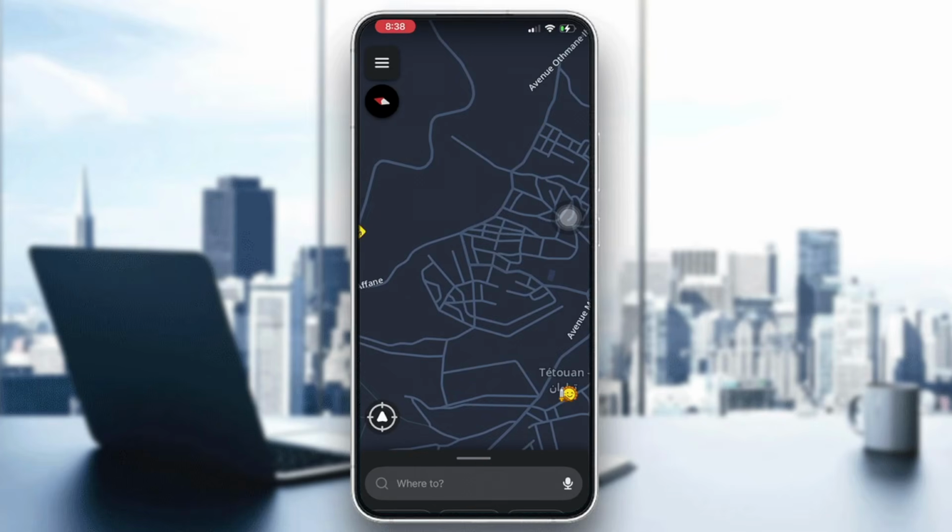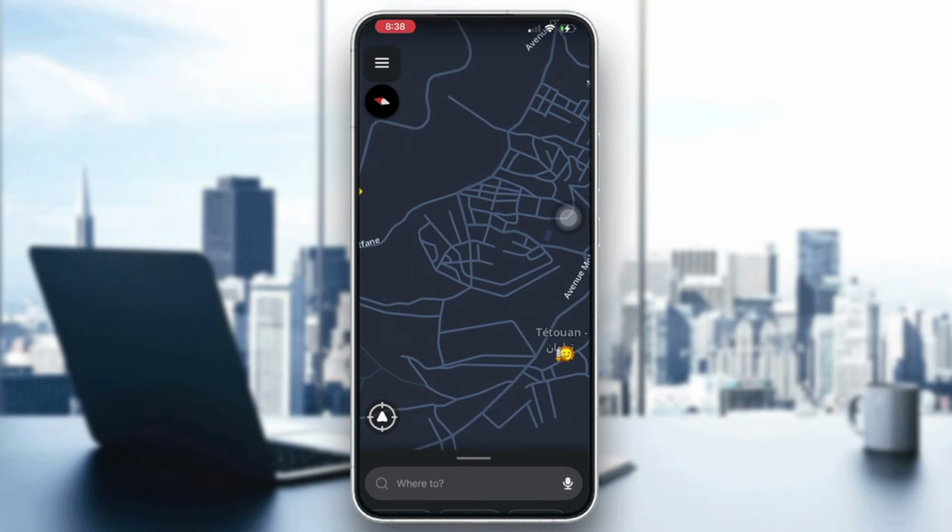So in today's video I'm going to show you how to plan a drive in Waze. Waze's plan a drive feature lets you schedule a trip in advance and receive a reminder about when you should leave. So actually guys, first you will need to open Waze on your smartphone